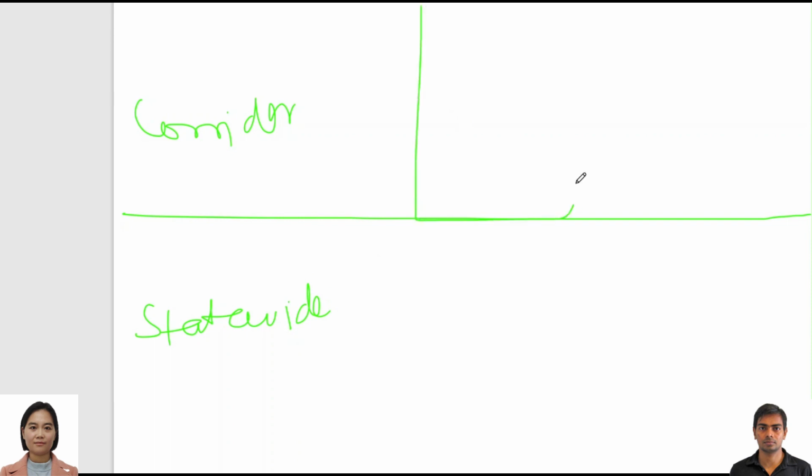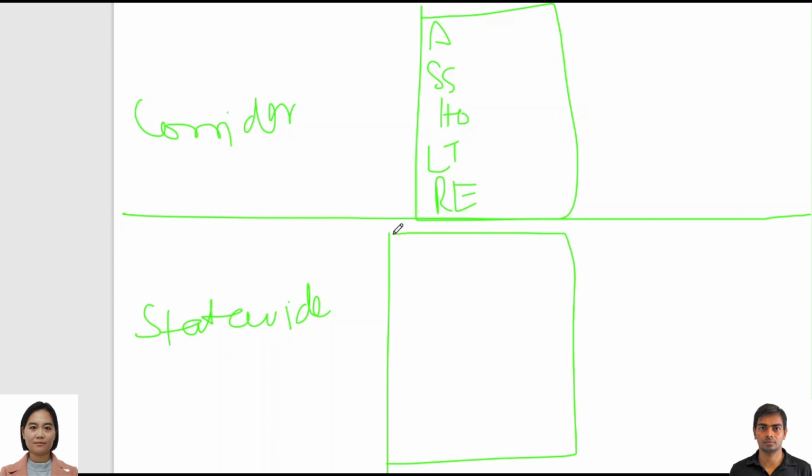So let's say we have manner of collision here: we have angle, side swipe, head on, left turn, rear end, and so on. Similarly for the statewide or the similar facility, we have angle, side swipe, head on, left turn, and rear end. So what we can do is compare the percentages using DAX functions or some programming languages, and then